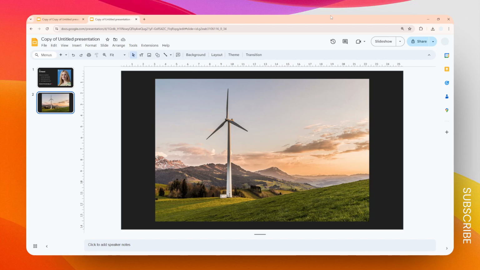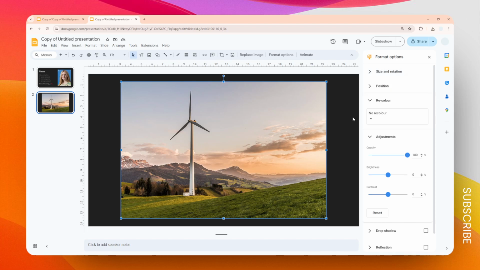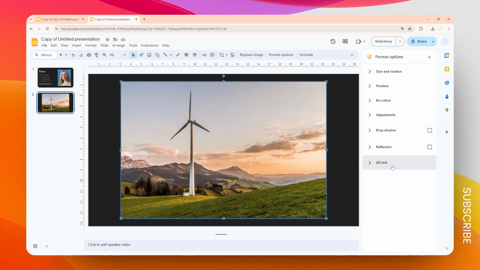To do that, you just need to click on any image on your Google Slides presentation, and then you can click format options. Then here you have plenty of settings for the image, but we are not going to use any of them. Instead, we want to open alt text right here, and then here you can describe what is in the picture. So for example, I could say that this is a wind turbine in the evening sky